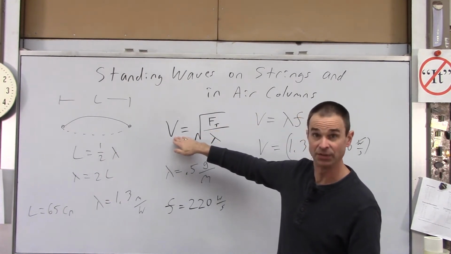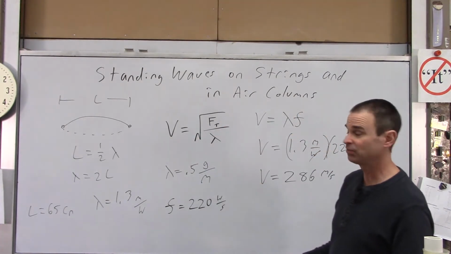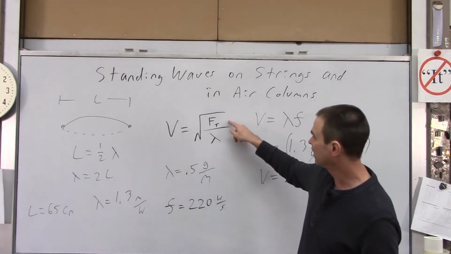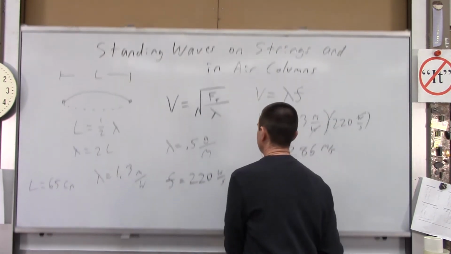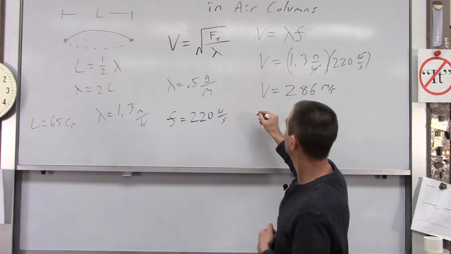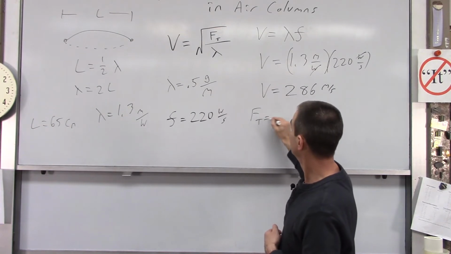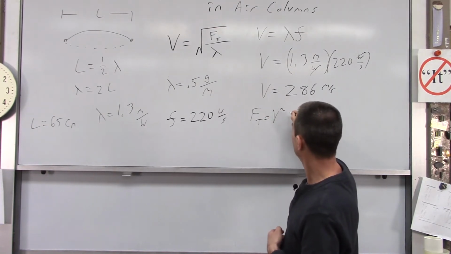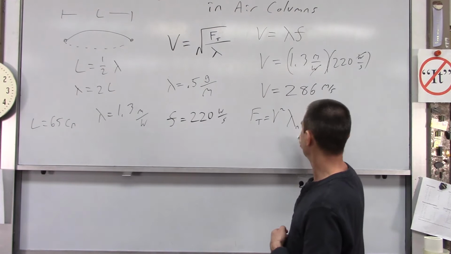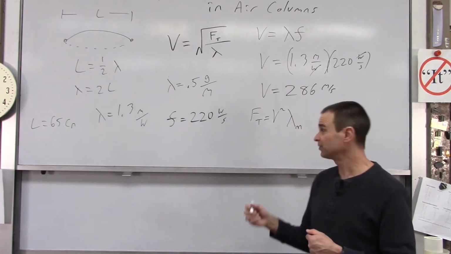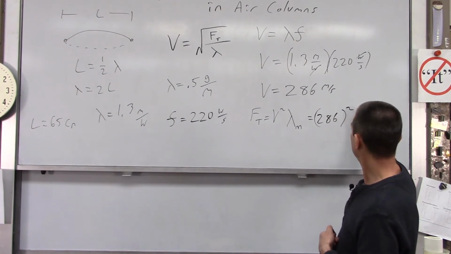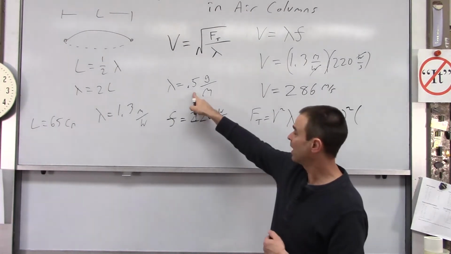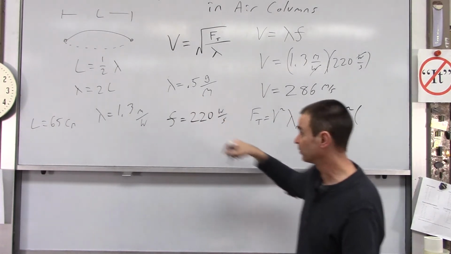So now that I've got the linear density of the string, and I've got the velocity that the waves are traveling in the string, I can now find the tension force in that string. If I square both sides, I get a V squared, multiply by that. You get force of tension equals V squared times, I'll put a little m there for linear mass density. So for us, this would be 286, got to square that, and then times the linear mass density in kilograms per meter, which would be